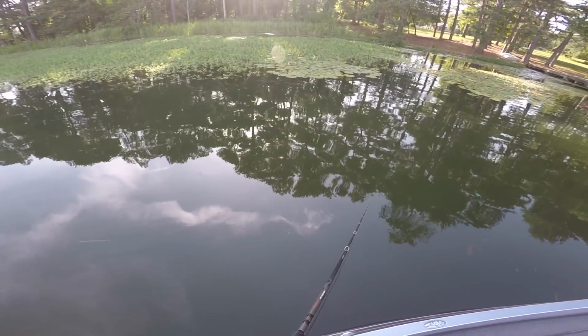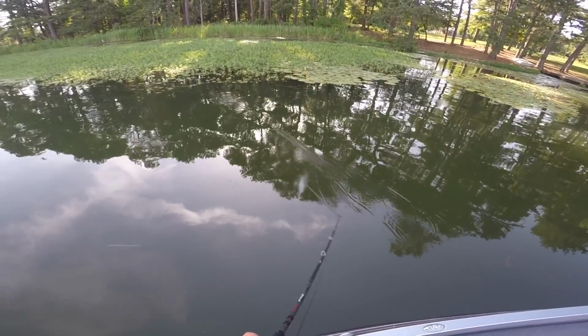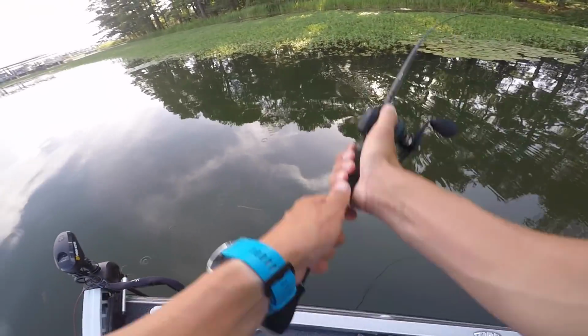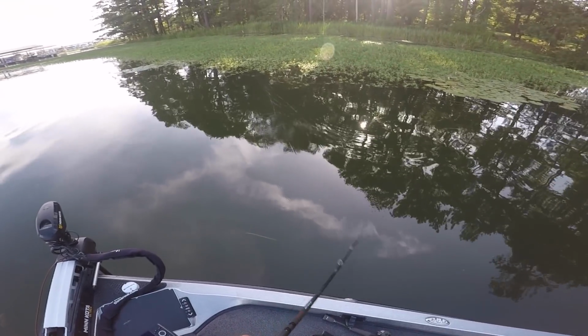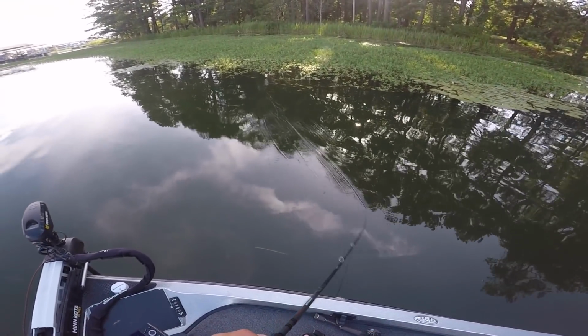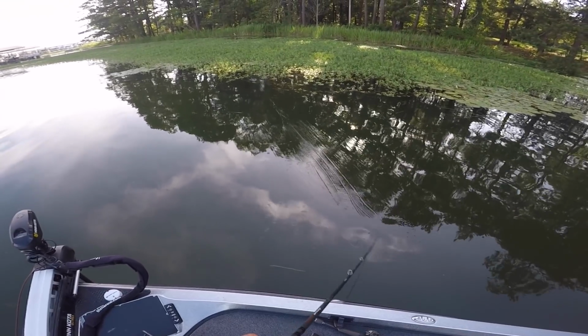There's literally like 10 brim right under my frog right now. And they're the exact color. They got a little bit of blue in them, a little bit of orange. I'm a little bit too close for what I would like to be, but